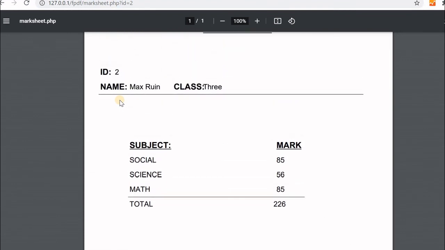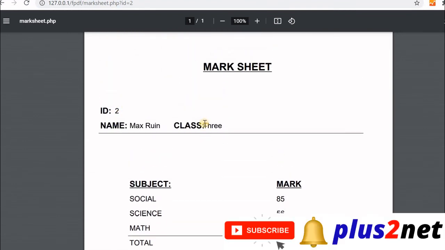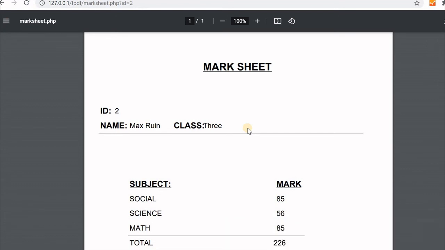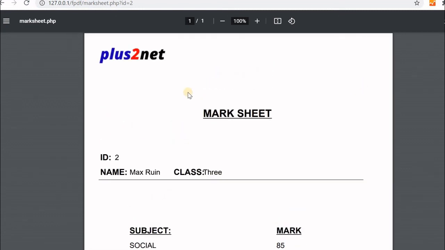If you want, you can change the font, color, all those things you can add, and we can continue. This is how we will get the data, and individually we can generate a mark sheet. Similarly, you can generate an invoice also by taking data from the table and generating an invoice using this similar layout with a logo at the top. Here we have used one image, so similarly you can use the company logo and whatever the ID, name and everything you can display.